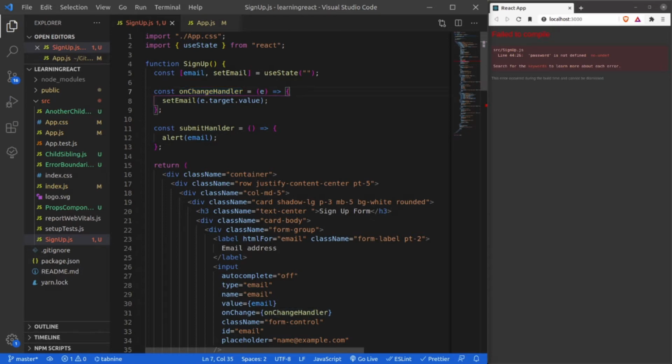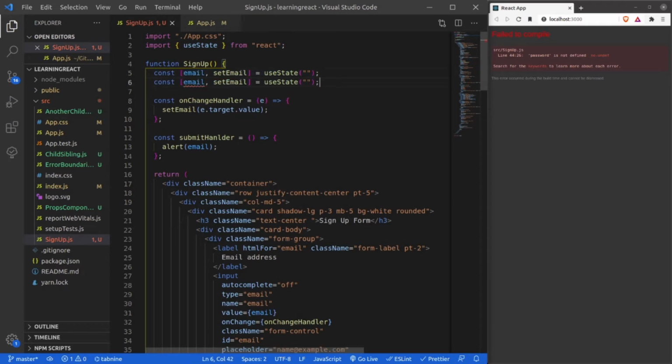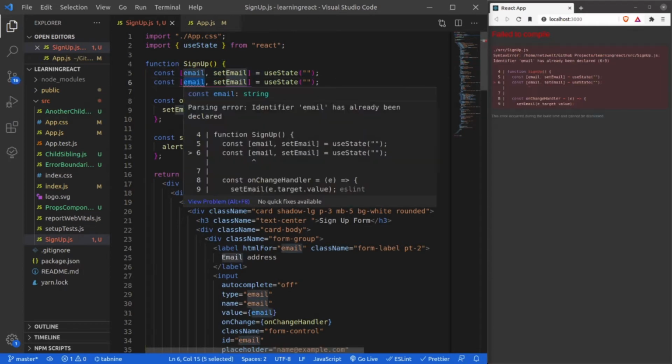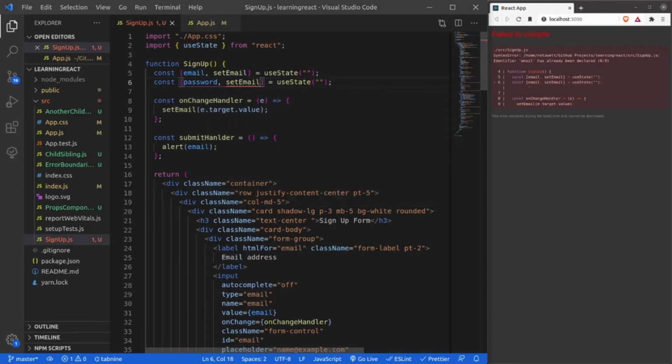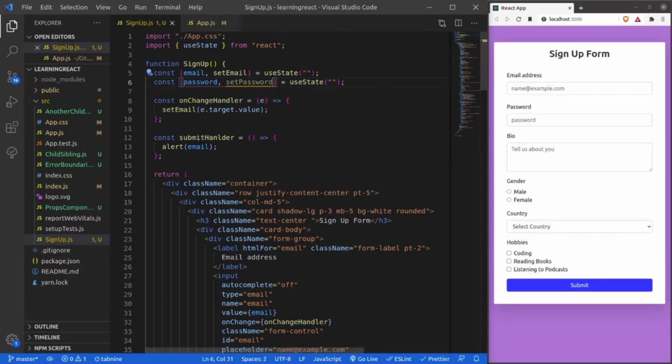So we are going to use the same method. But here, let's first also create the useState for this. I will be copy pasting the things. Instead of email, I will add password and then I will write setPassword. All right, guys. So let's first handle the onChange stuff.